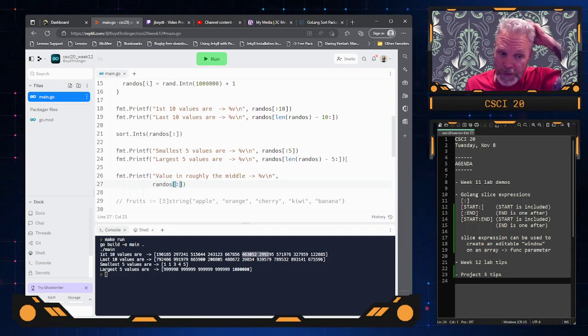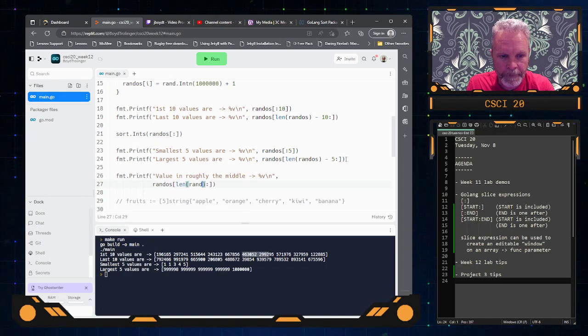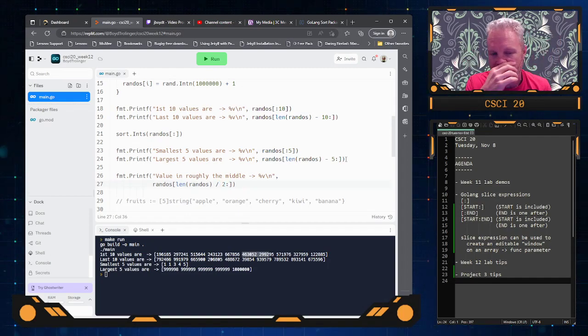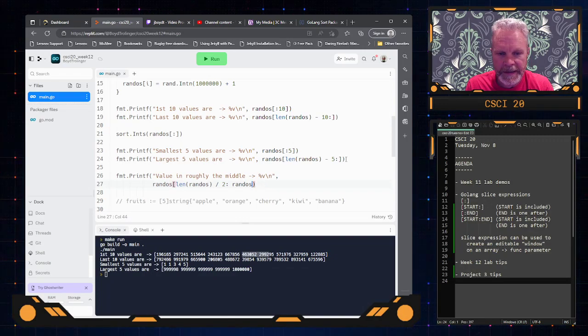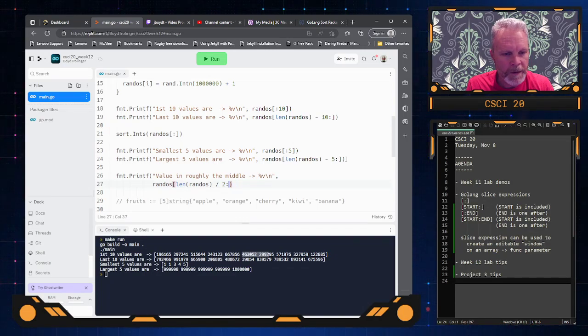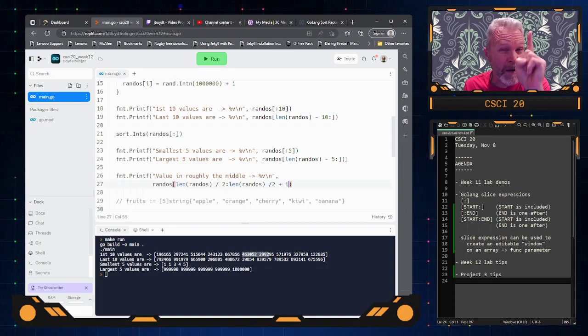How do I get to the middle as a starting point? Well, I can take the length of the thing and divide that by 2, which gives me roughly the middle spot. And then I can do the same thing here. I can slice it. Divide by 2, yeah, that's the first half. And then where do I stop? I will go the length divided by 2 and then shift over 1 from there, which will give me the 1 element right